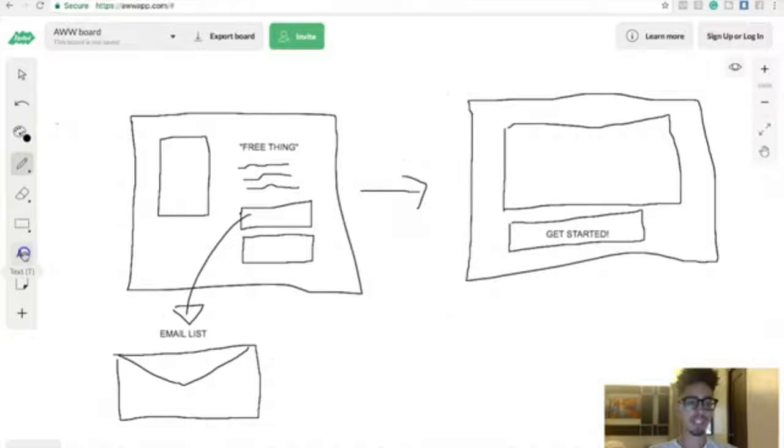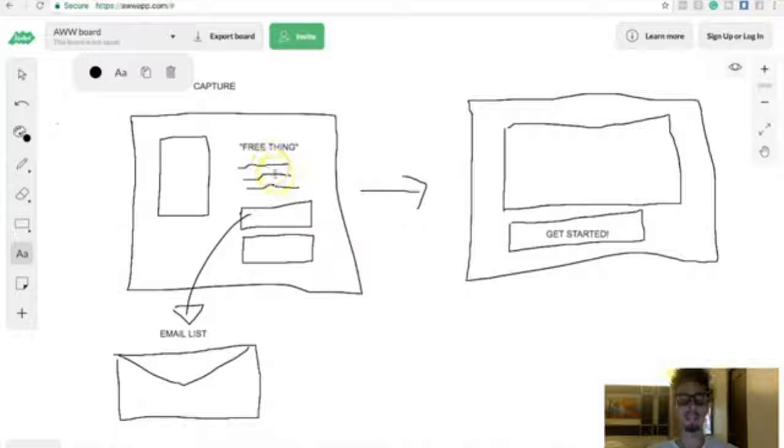Now, the first page is called a capture page. A capture page, which I'm going to show you guys in a second, is a little web page. On that web page, you are giving them some sort of bribe that is congruent with your affiliate marketing offer. Example, if you are in the weight loss niche, you might be giving an ebook or even a free report that reveals 10 foods that you should avoid if you want to minimize your belly fat or something like that. That might be your free thing.